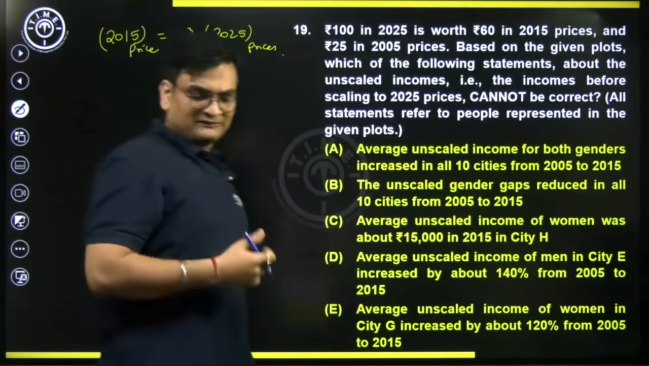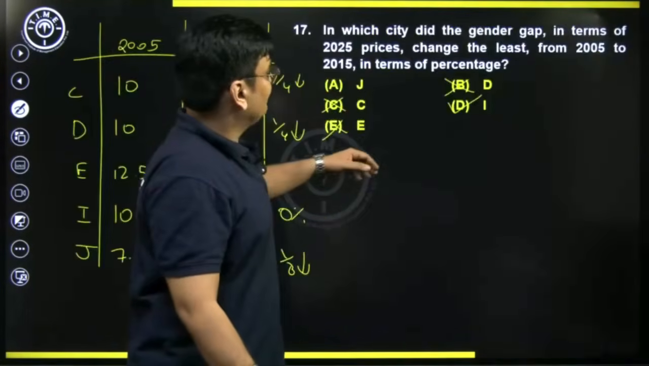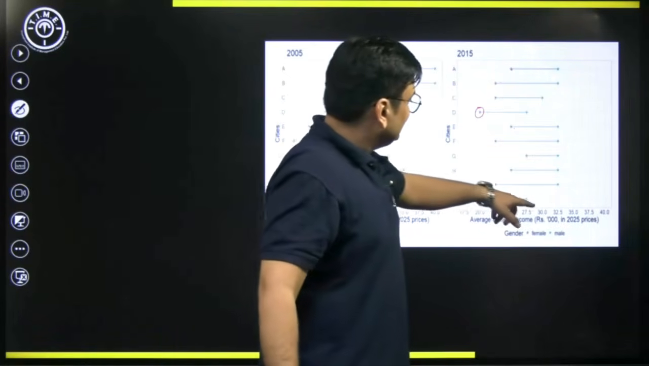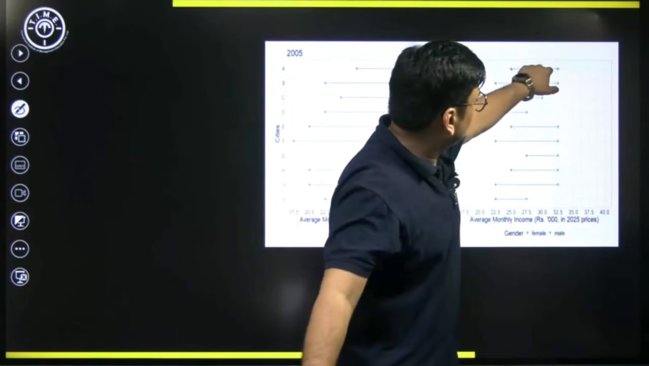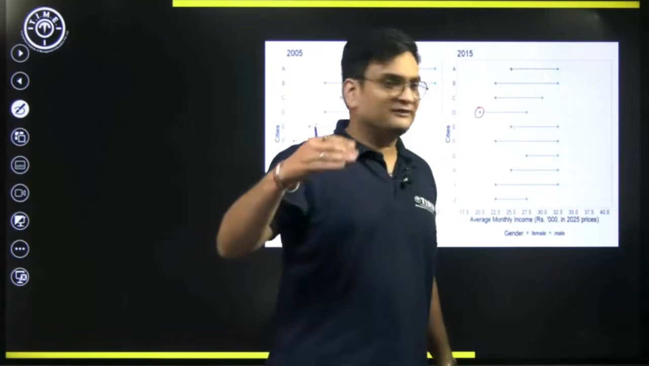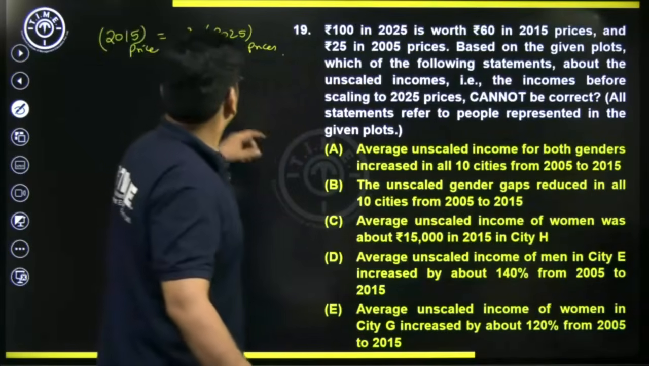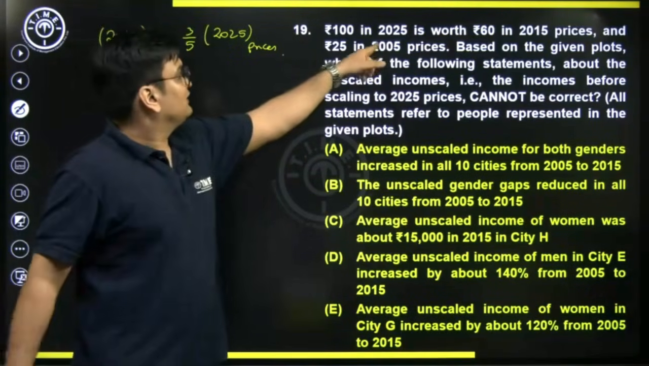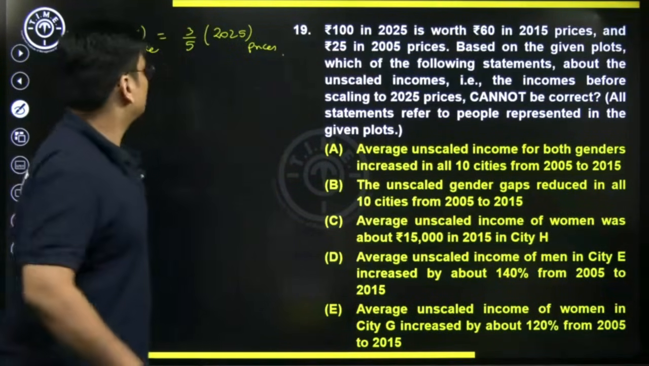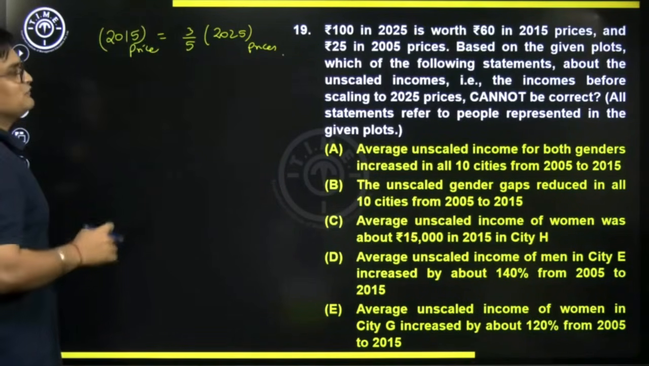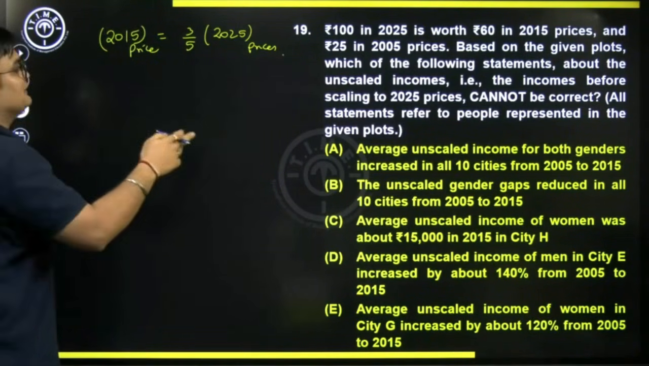See, the reason I am doing this conversion is, in this graph, we have everything in terms of 2025 prices. For example, the average income of male is 32.5 here. If I want to convert that into 2015 numbers, I will multiply with 3 by 5. How did I get this 3 by 5? 60 by 100. Similarly, 100 rupees in 2025 is worth 60 rupees in 2015 prices and 25 rupees in 2005